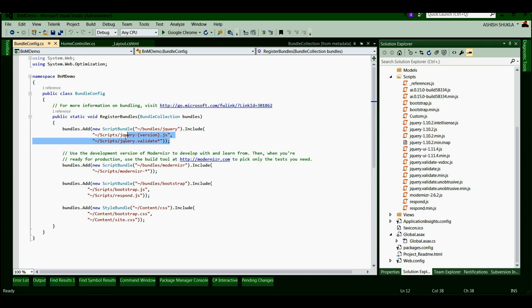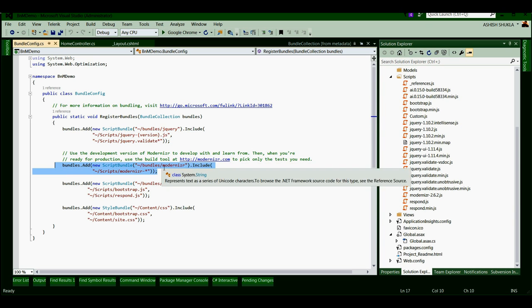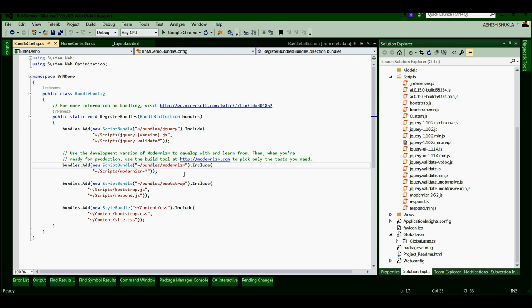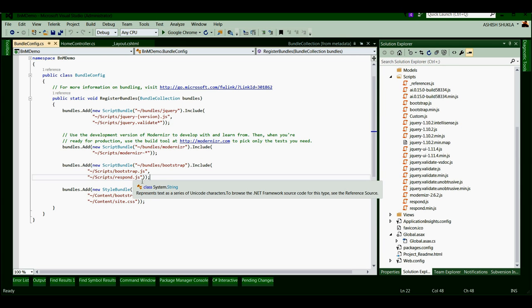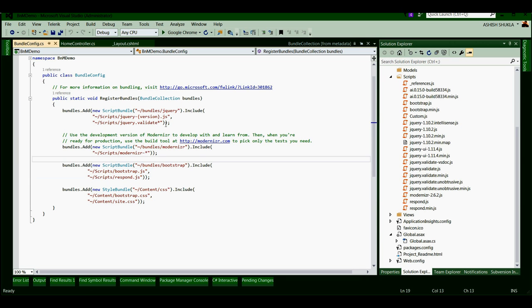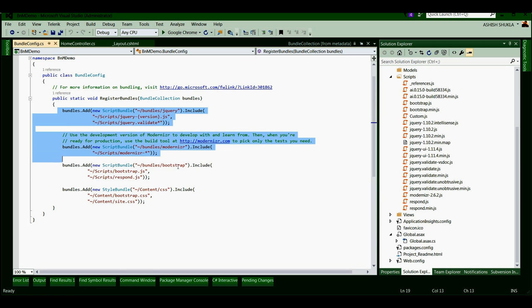So in my first bundle I will have the jQuery file and jQuery validate.js file, and in my second bundle I have included Modernizr. Bundling also does minification, so I will have the Modernizr file as a minified file, and in my third bundle I have included the bootstrap.js and respond.js. I can put all these files in a single download, but as I said earlier, it completely depends on